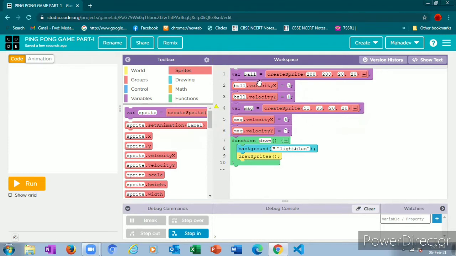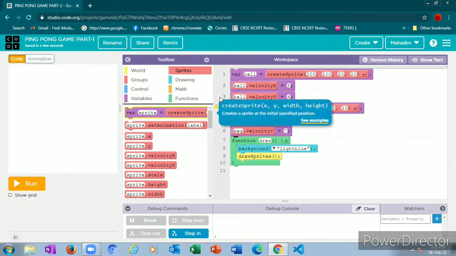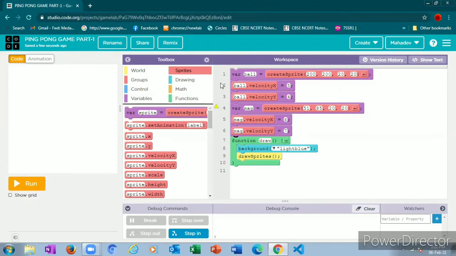One main thing is that whatever name you take in this section, you must not repeat it over here. If you repeat the name over here, you will get an error. If you take ball here and also ball here, it will not execute.